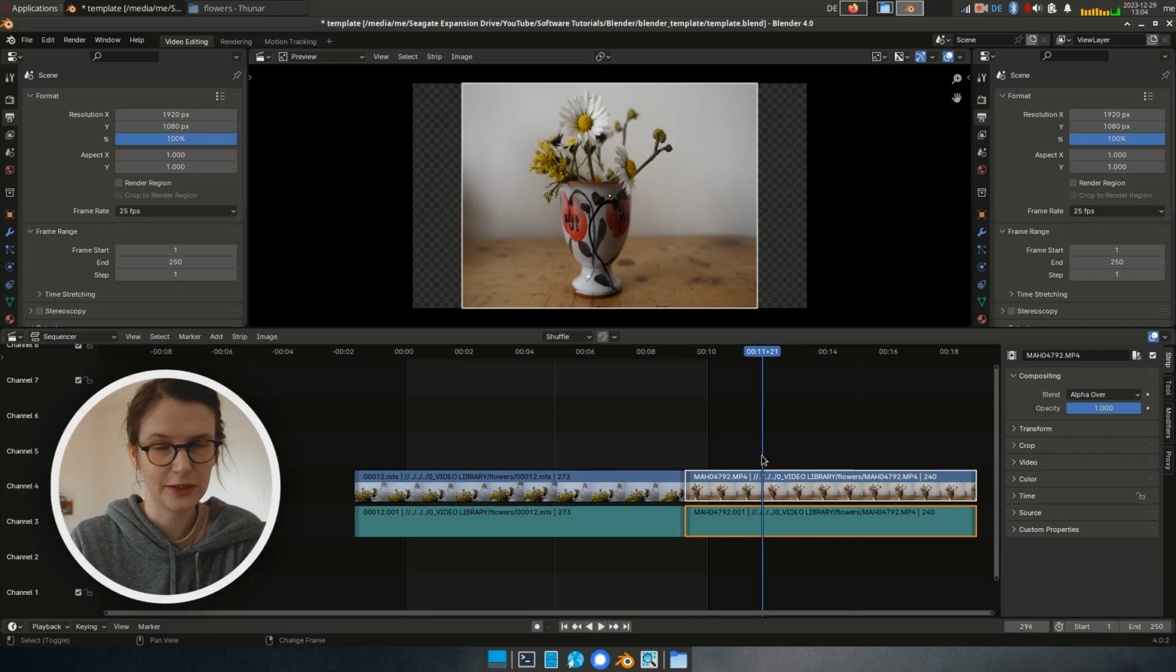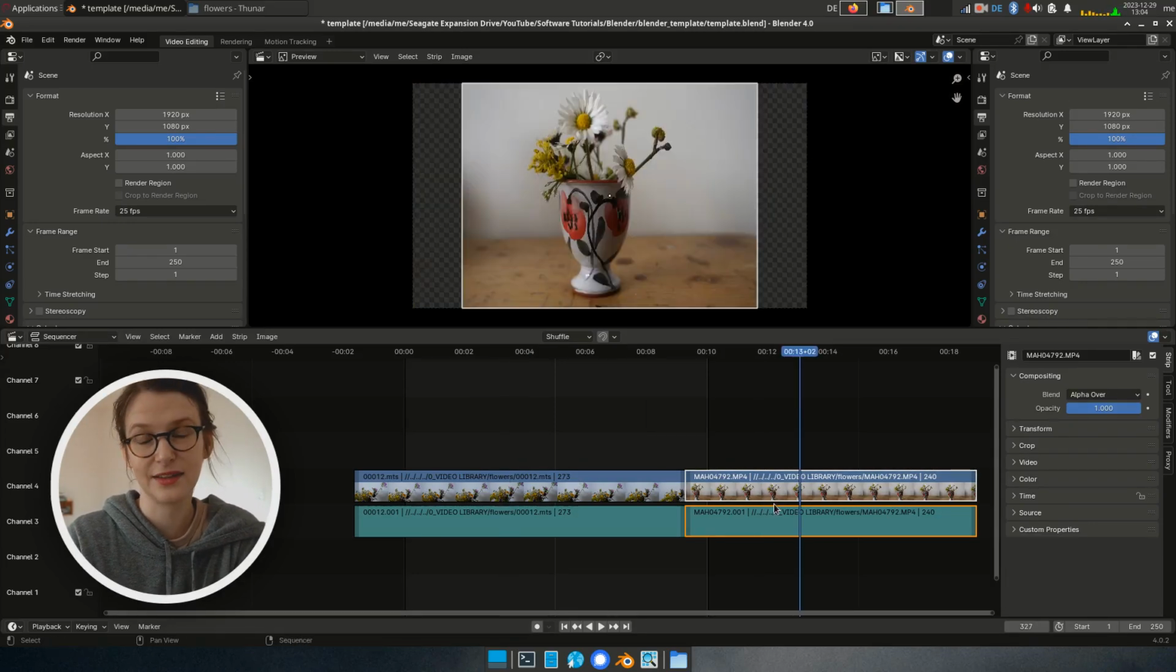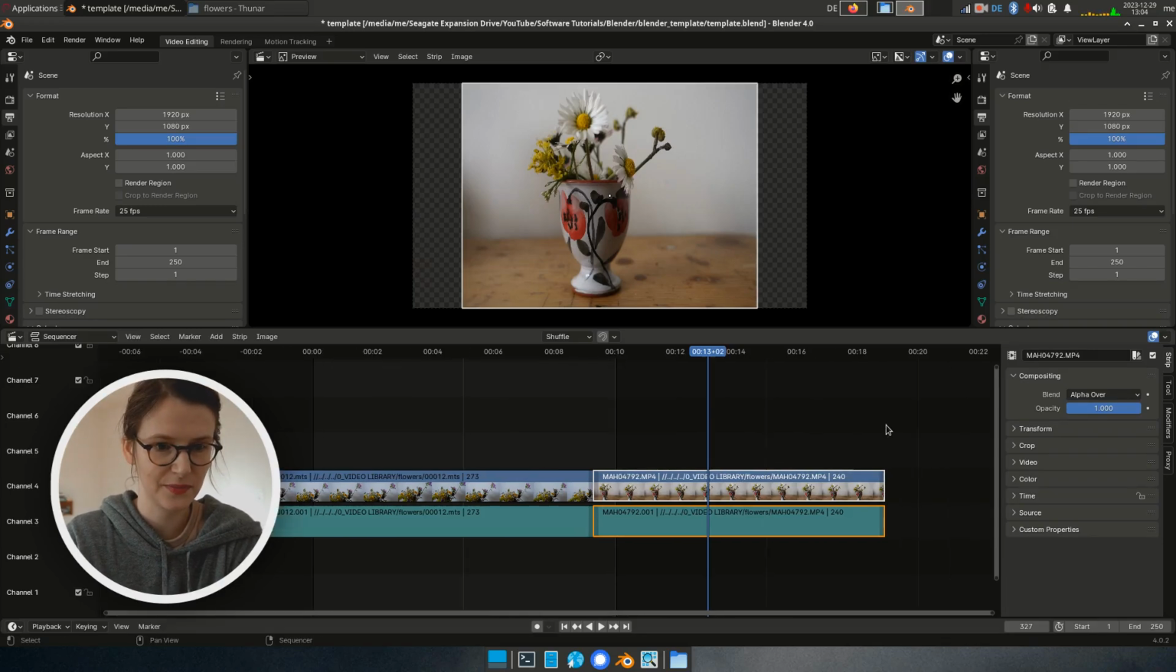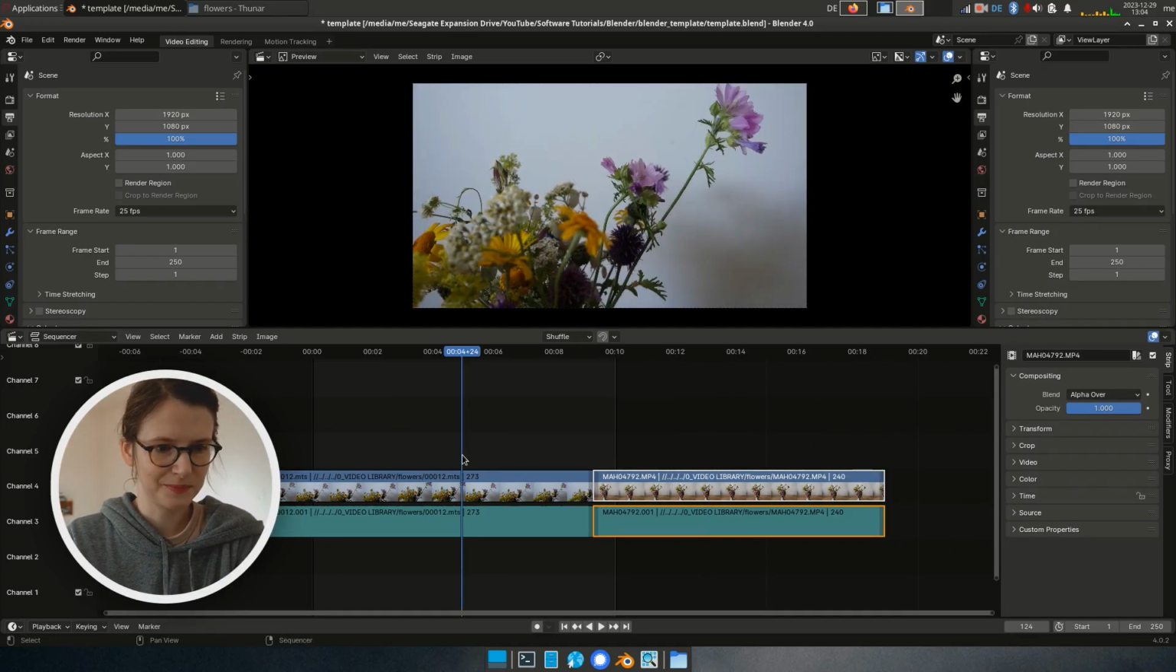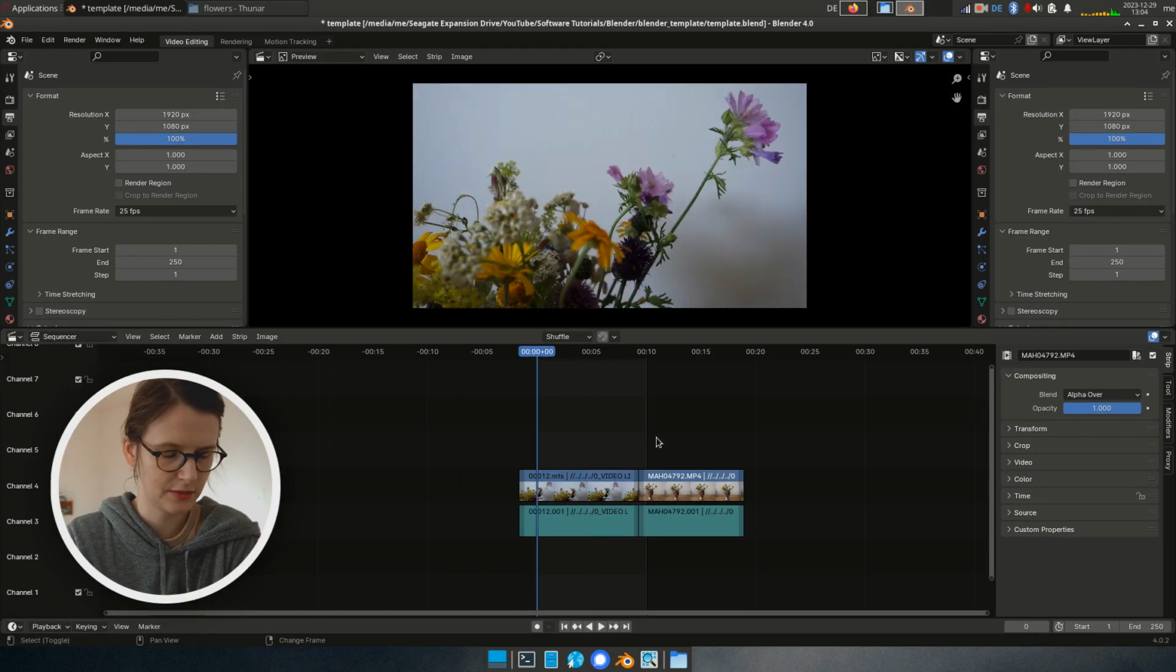See, there are my two different bouquets of flowers. Here's this, here's that, and I can immediately see which is which. So that is the sequencer. By the way, nota bene, if you make your strips too small,